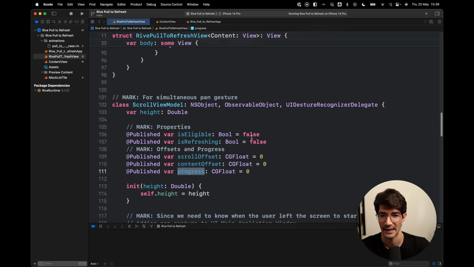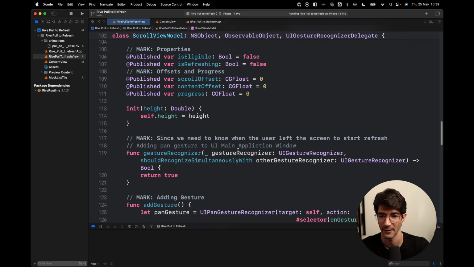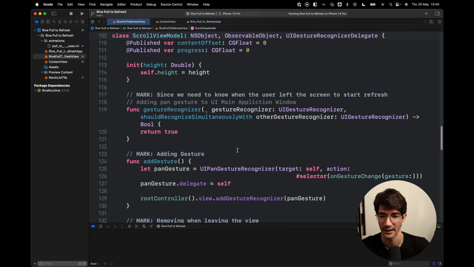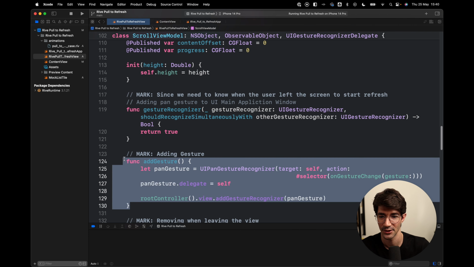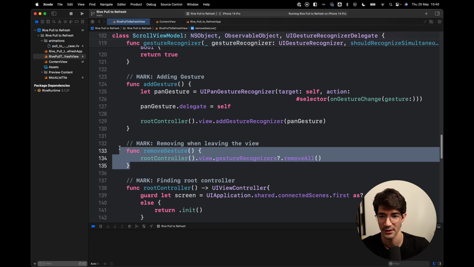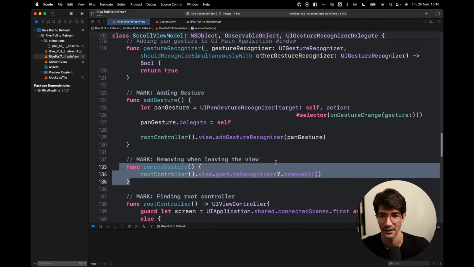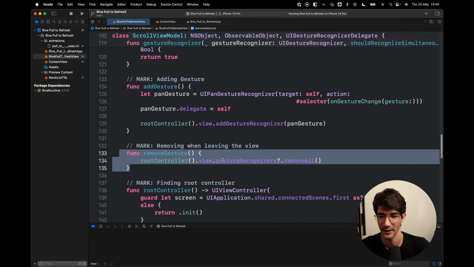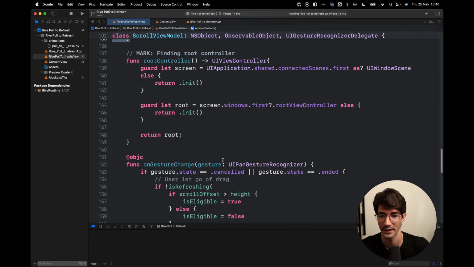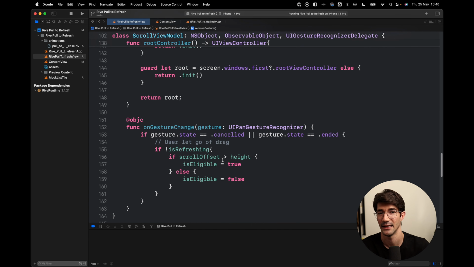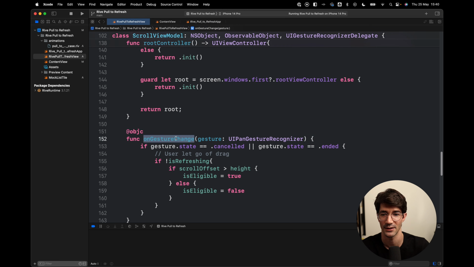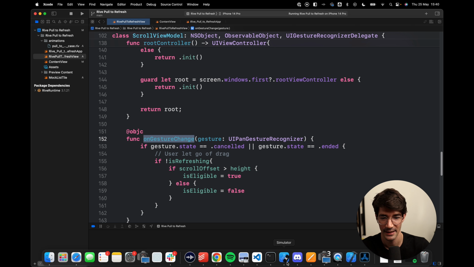Importantly, within this class, we are also using the UIGestureRecognizerDelegate. And what this allows us to do is add gestures and remove a gesture. And additionally, it also allows us to determine once the user has let go of the touch interaction. As you can see, we have this on gesture change, and this will get called when the gesture attribute changes. So what do I mean by that? I mean,